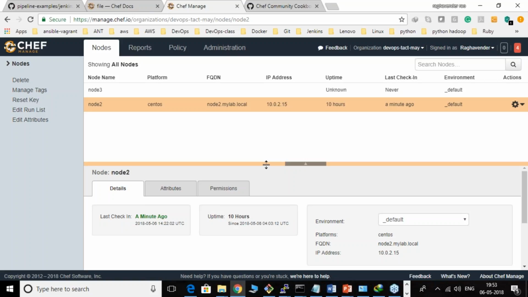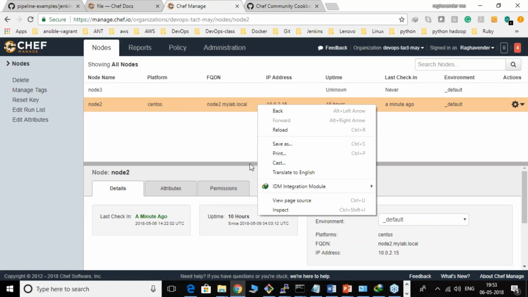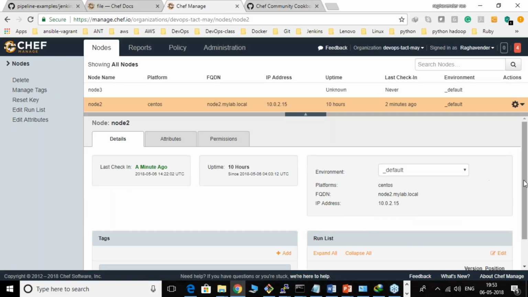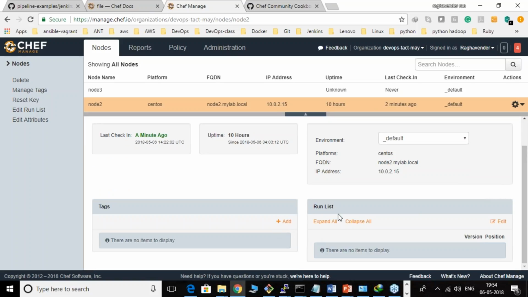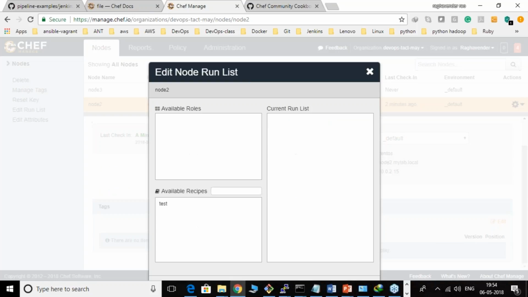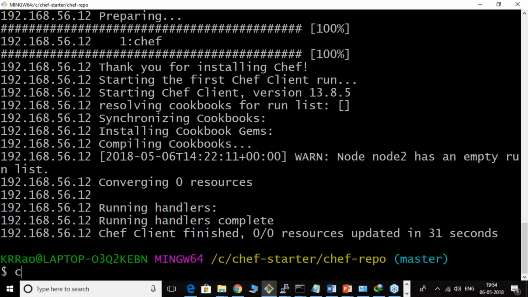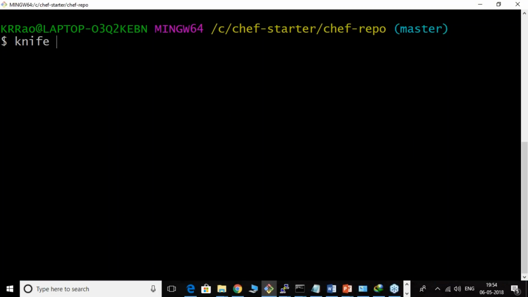Now every node has some run list. A run list is nothing but what kind of cookbooks I want to execute. If you look here, as of now, is there any run list? Edit the run list. Do you have any cookbooks in the run list? No. If you want to add a test run list here, yes, you can add it and save it. This is the graphical way. If you want to do it from the command line, yes, you can add it the command line way. So what you can do is knife cookbook,